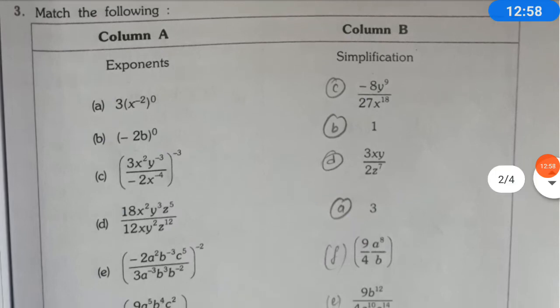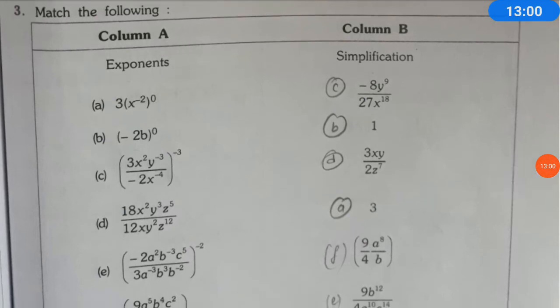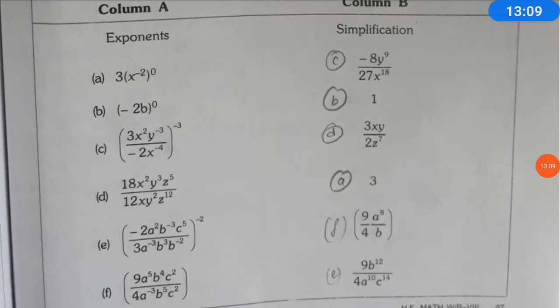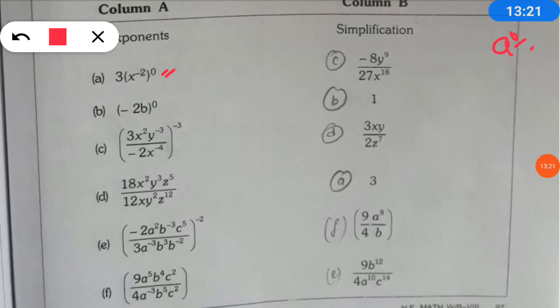Moving toward the matching part of the question, we are having match the following. So dear student, here we have to do the matching. So let's see the matching of this. Three to the power, as you know that using the laws of inverse, A to the power 0 is equal to 1, so this whole term will become 0 as its power is, so the answer is 3 itself, so the matching is A. Okay, then minus 2b whole to the power 0, again using this law of exponent, it will become 1 itself, so the answer will be again 1.